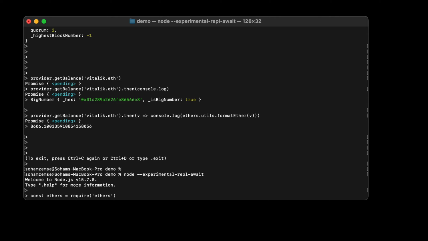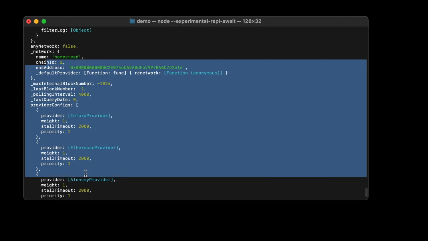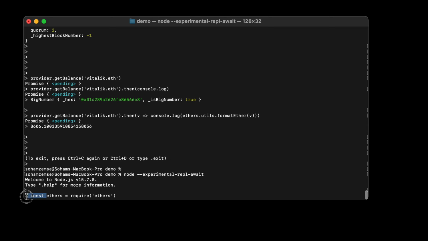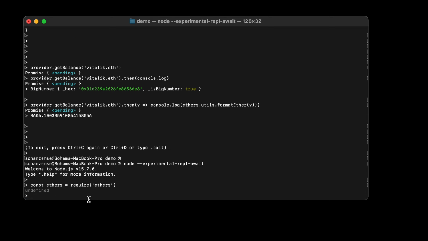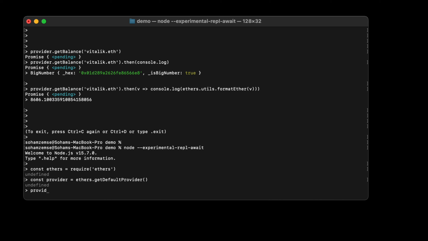If you don't want all this printing, then you can just add const here so that the result is undefined. Now let us declare the provider. And then we can just await.